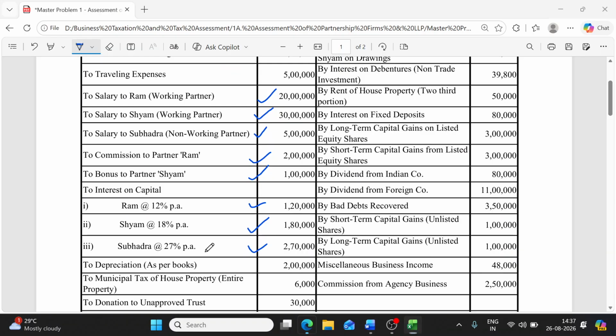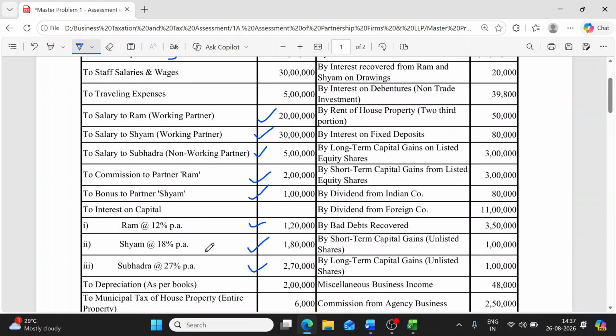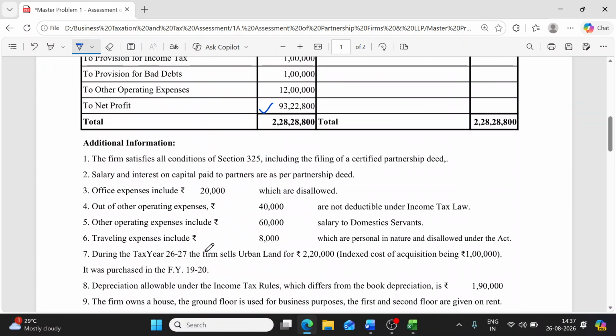Okay, now next thing in the problem. The first particular in the problem is office expenses, and we know the adjustment number 3. As far as this adjustment is concerned, the total office expenses include 20,000, which are disallowed. Disallowed means what? These 20,000 are not business expenditures, and this 20,000 shouldn't be recorded on the debit side of the profit and loss account. As these are already shown there, we will add it back again in the net profit to find out